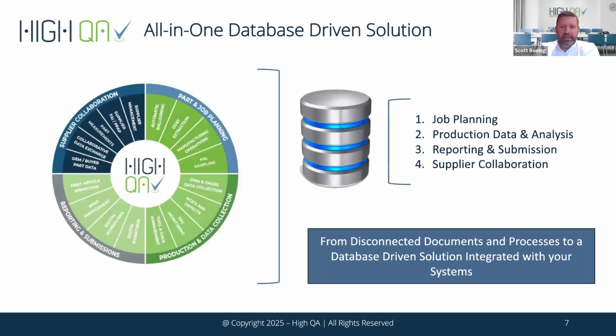Next slide, please. So again, a brief overview of what we offer in our solutions. At HiQA, we really strive to be an all-in-one database-driven solution, and we are. So whether we're starting up front, I'm going to take a guide around the wheel here real quick. I know it's a little bit small, but when we start in the upper right-hand quadrant of our part and